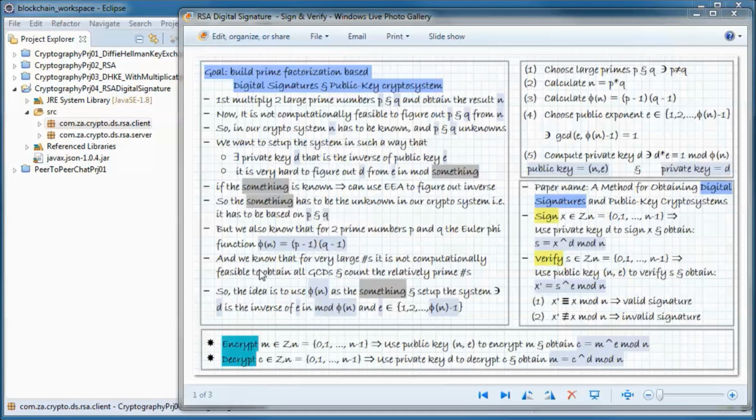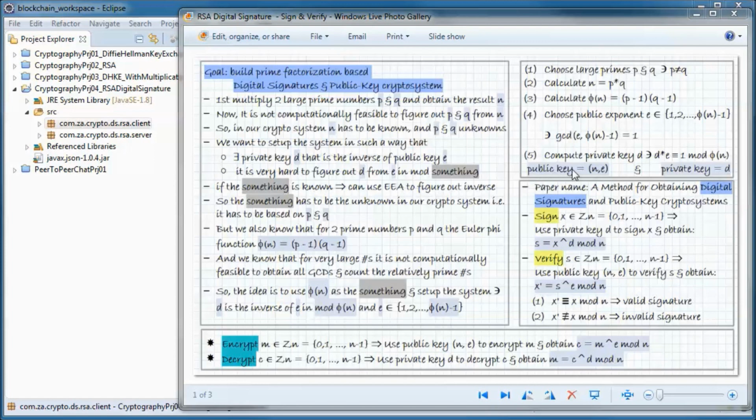And we know that for very large numbers it is not computationally feasible to obtain all GCDs and count the relatively prime numbers. So the idea is to use phi of n and set up the system such that d is the inverse of e in mod phi of n, and e is in the set of 1 to phi of n minus 1. So we end up with those 5 steps.